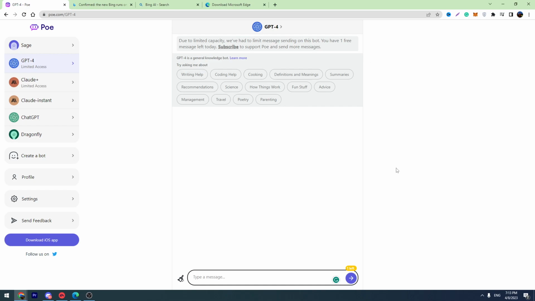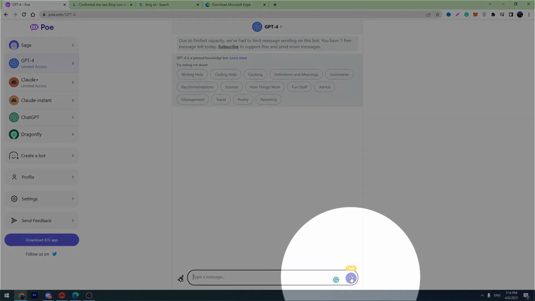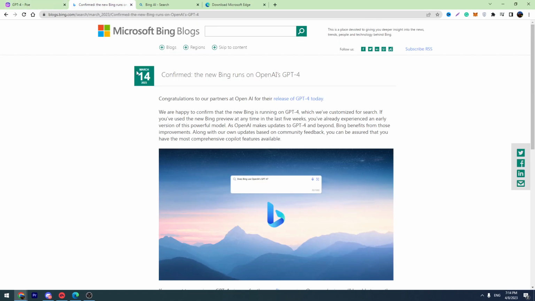guys. So it's very simple to use this chatbot. You can see the message box here. Just enter the message and click this send icon here, and you will receive the answer from this GPT-4 language model bot. And now let's move on to another method, which is Bing AI chat, guys, and it's officially confirmed